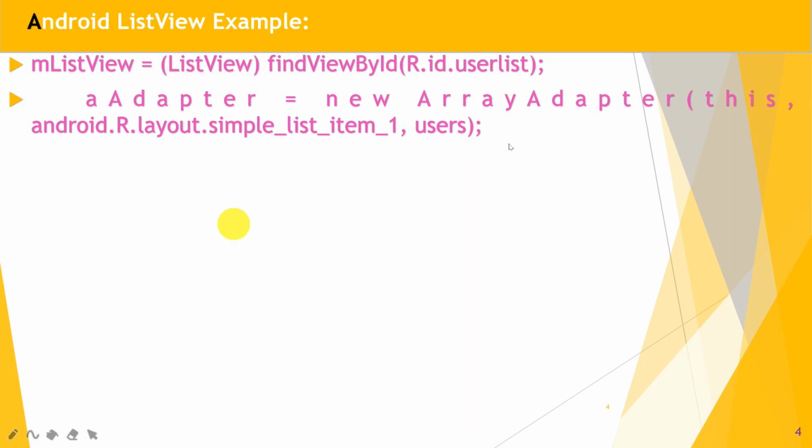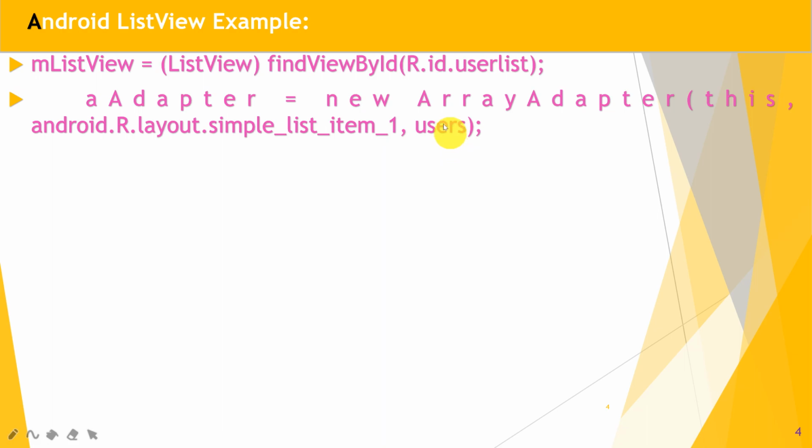Then create the adapter object equal to a new ArrayAdapter, passing the current activity, that is this current object, then which layout you want to associate with the list view using the adapter: android.R.layout.simple_list_item_1, and then pass which source we have to associate.